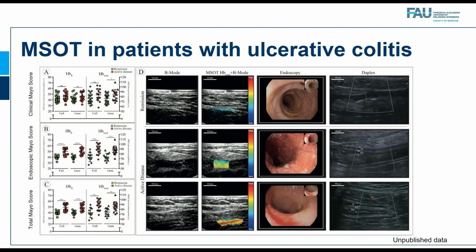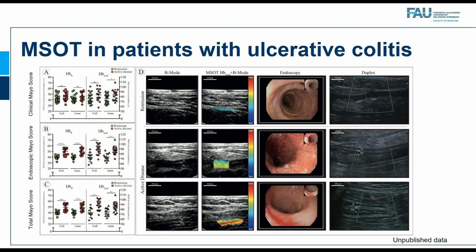So in addition to Crohn's disease patients, we also looked at patients with ulcerative colitis. These are unpublished data. We also compared the MSOT data with clinical or endoscopic scoring of disease activity based on the Mayo score, also the total Mayo score, which combines endoscopic and clinical scoring. And we could also see a significant difference, especially for total hemoglobin levels, between patients with remission and active disease. And in this case, it worked for both the clinical Mayo score and the endoscopic Mayo